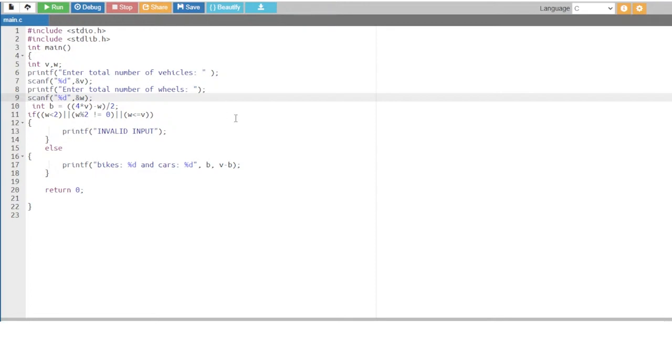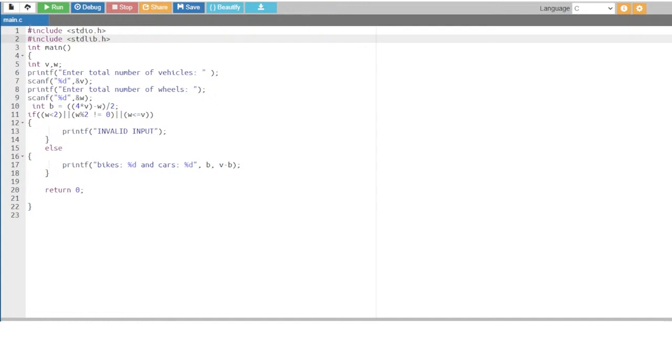Now to write a code we need a compiler. So today we are going to use the online GDB compiler. When you go to this web page, there is some code already available. You just delete whatever you are getting over there, then select a language. At the rightmost corner there is an option to select the language in which you are going to write your code. Today we are going to write the code in C language, so I select C language.